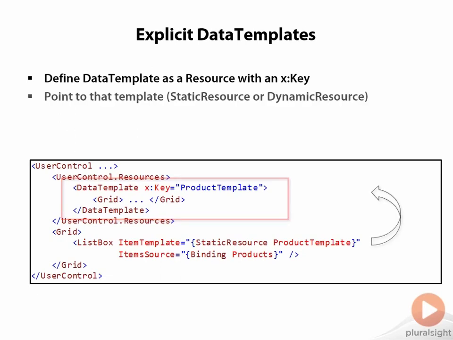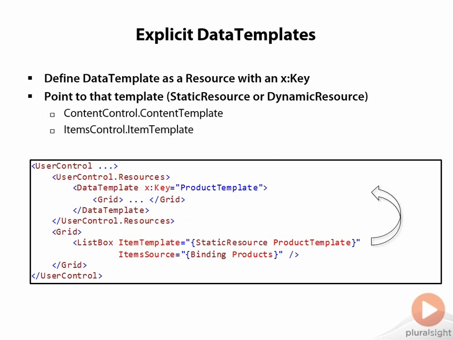can then refer to it by pointing to it with a static resource or dynamic resource markup extension from the appropriate property of the data-bound control. The property we're talking about here is either going to be the content template property of a content control or the item template of an items control, such as a list box. That tells that control to use that specific data template when it's rendering out the data-bound objects that it's pointed